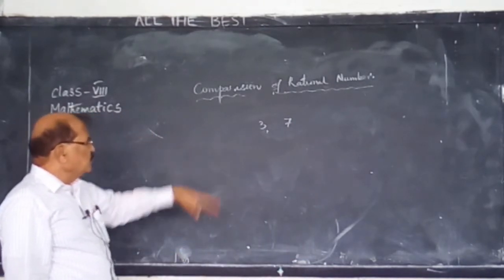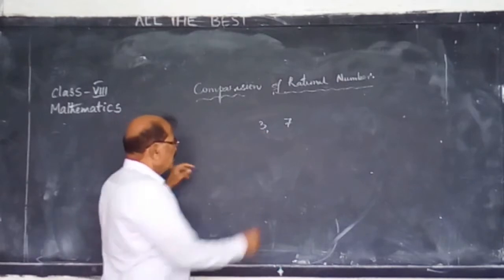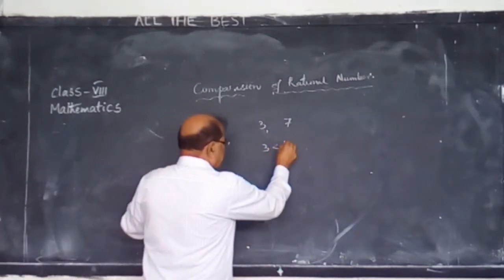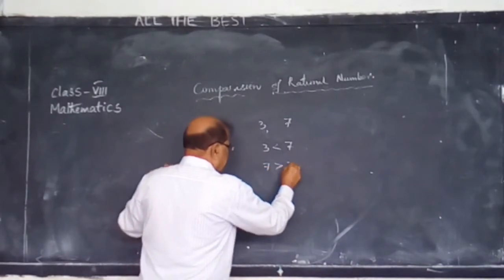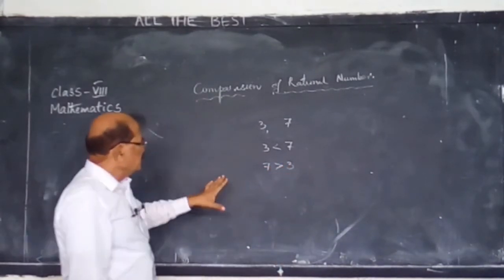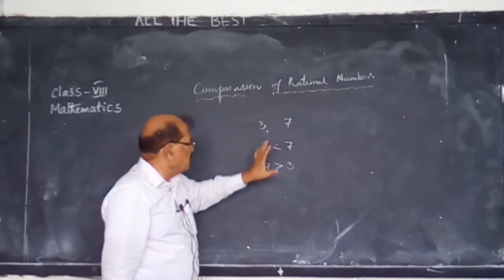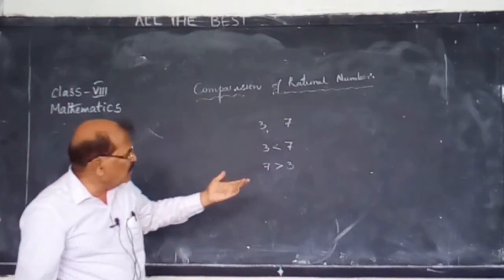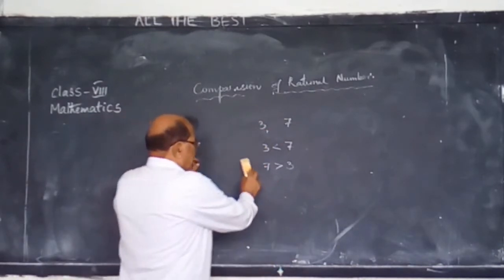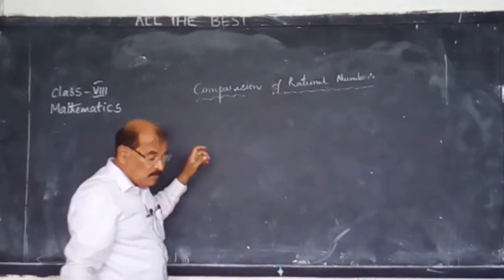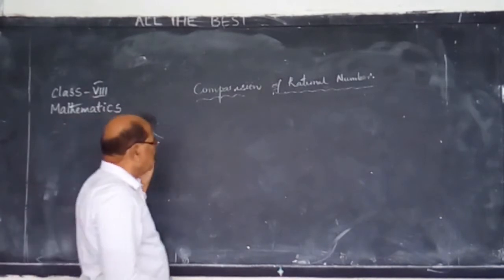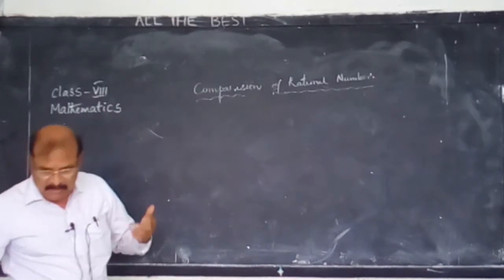When you compare these two, you can't say 3 is equal to 7, but you can say very easily 3 is less than 7 or 7 is greater than 3. Because you know the value of these two numbers, you can identify which is greater and which is less. It is very clear. Suppose it were rational numbers, let us take two rational numbers,